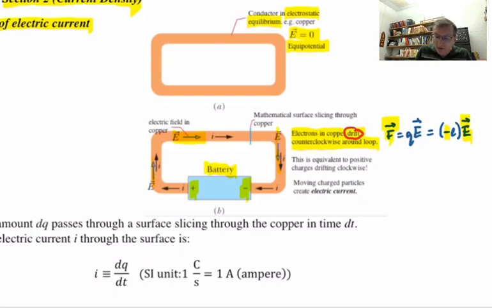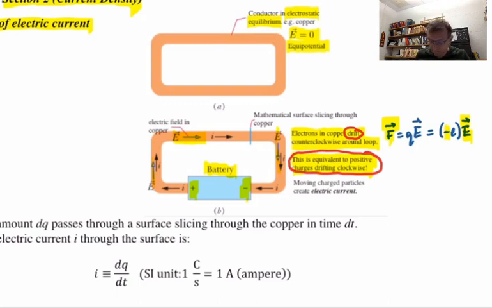Okay? So we're going to say that this drift of these electrons is equivalent to positive charges drifting clockwise. And that's very important, because that's the way we're going to think about it. Because we just don't want to have to deal with the negative charges that the electrons have. So we're going to think of it as positive charges drifting, at least in this case, clockwise with the electric